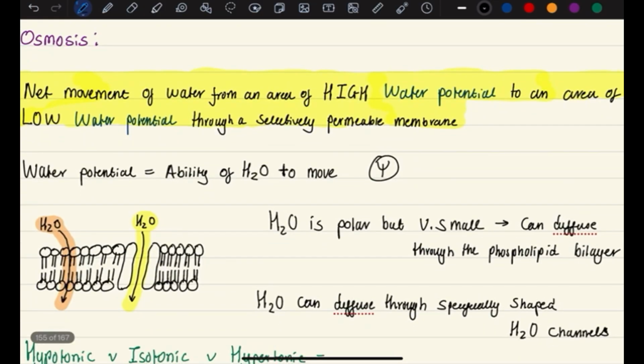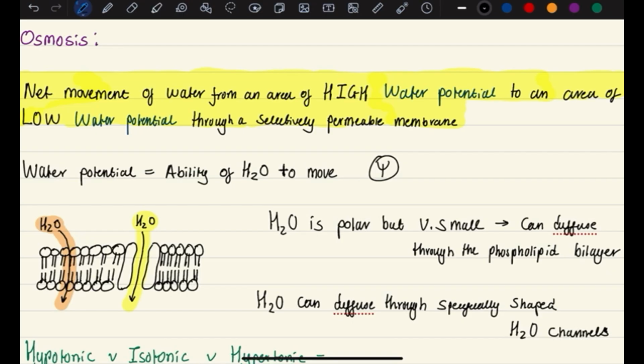Now, H2O, water, is polar but very small. So it can go through that surface membrane normally. Remember, osmosis is essentially just a diffusion of water. So it's pretty much the same thing. It can either come through the phospholipids, through the hydrophobic region onto the other side. That's because even though it's polar, it is very small. So you can get away with it just diffusing through, like oxygen,